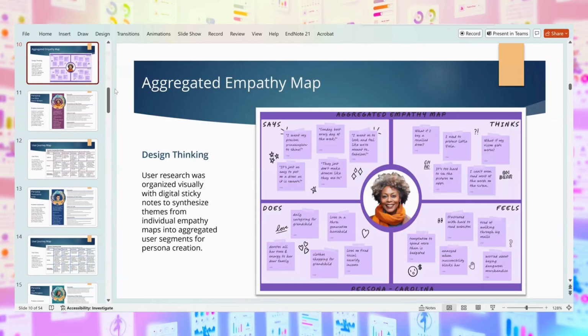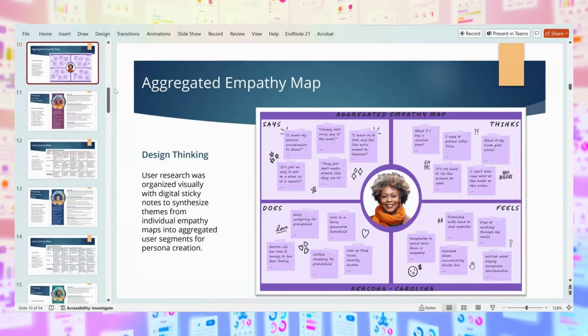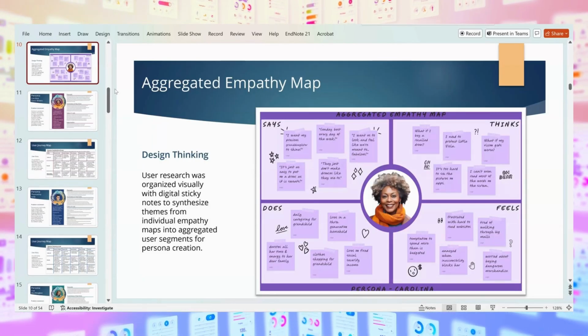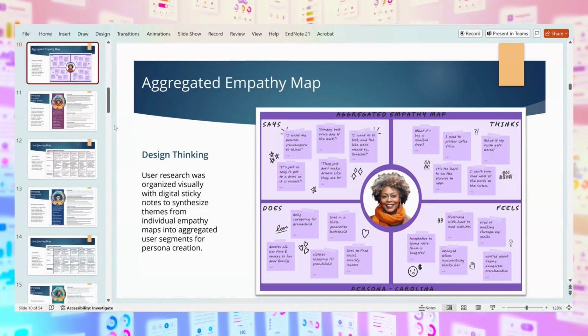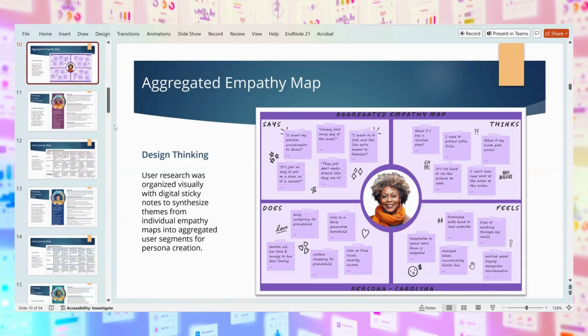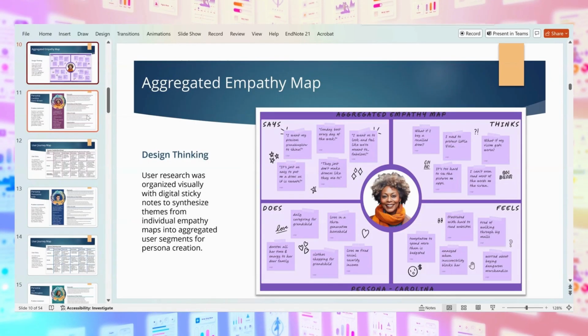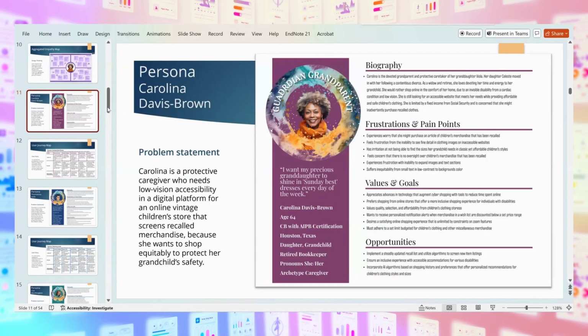So you go in and you do an empathy map and you put yourself in the place of a user, not a designer. And that's the beginning of design thinking, is really empathy. So there's this whole format that you learn how to do, of what someone says, thinks, does, and feels, like frustrated with hard to read websites because of maybe low vision issues. And that's going to be a really big thing, accessibility, because most of the world does not have perfect vision. Yet a lot of programs and apps are made for people with good vision. So that kind of inclusive thinking is really huge.